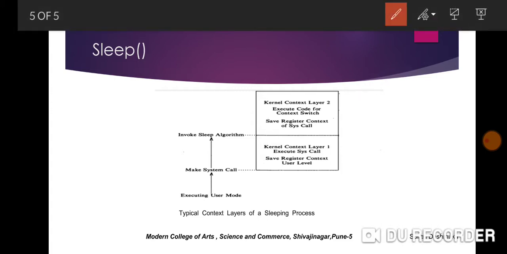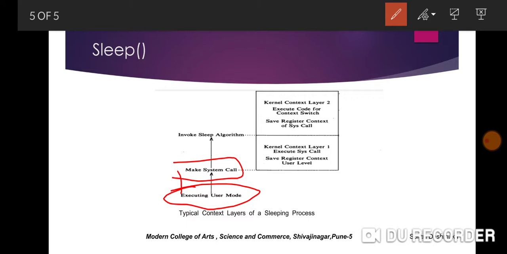So we will see the context layers of a sleeping process. Say, for example, any process is executing in user mode, and if any system call is met, that means you can call read, write, fork, exec, any system call, then what we need to do here is that the process has to save the register context, user level context, and all other context.